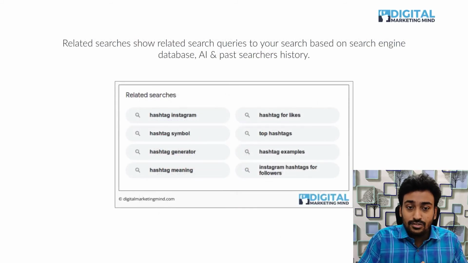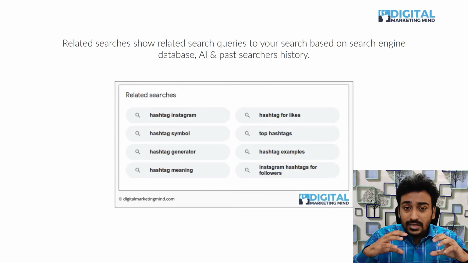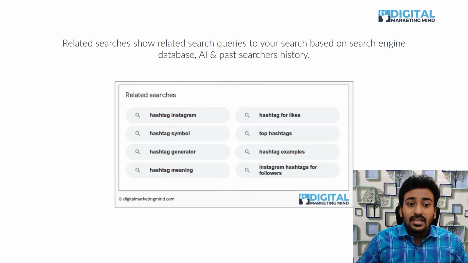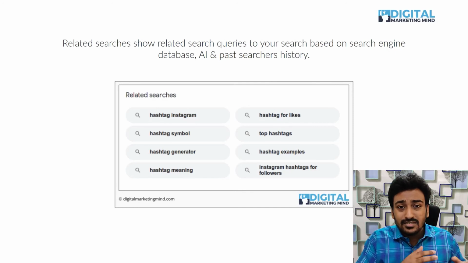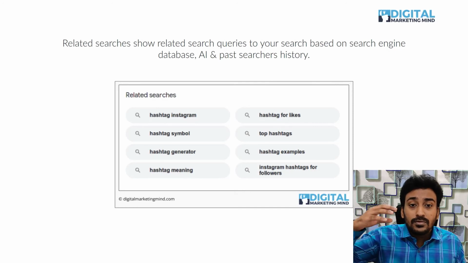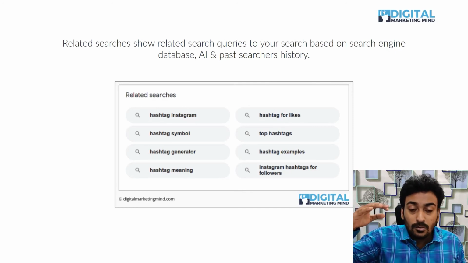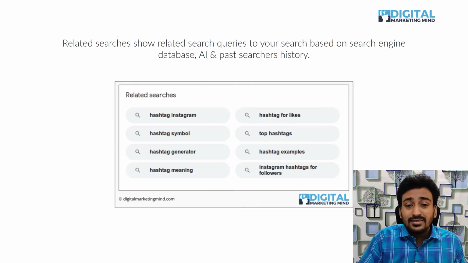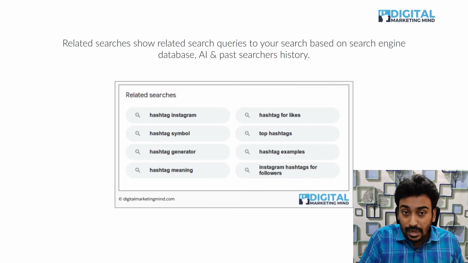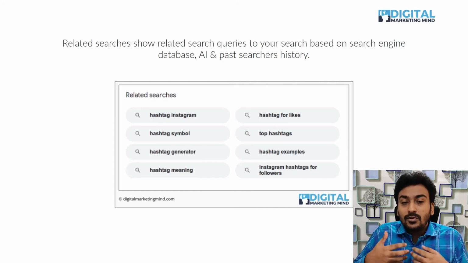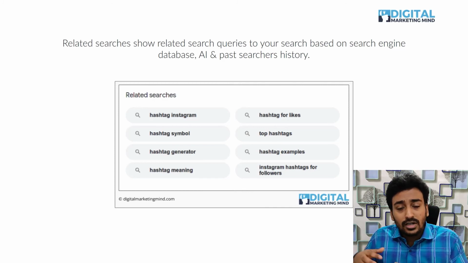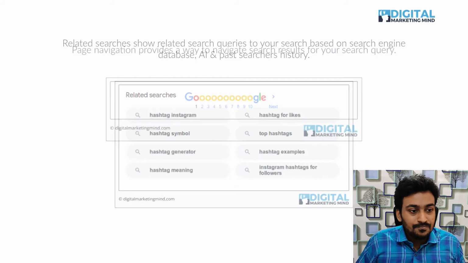Related searches element. These can be found at the bottom of the search results pages. These will show related search queries for the search keyword or query you have typed. This data comes from their database processing capabilities, understanding the user intent and search history. It follows the idea of anyone who is looking into this also types these keywords.